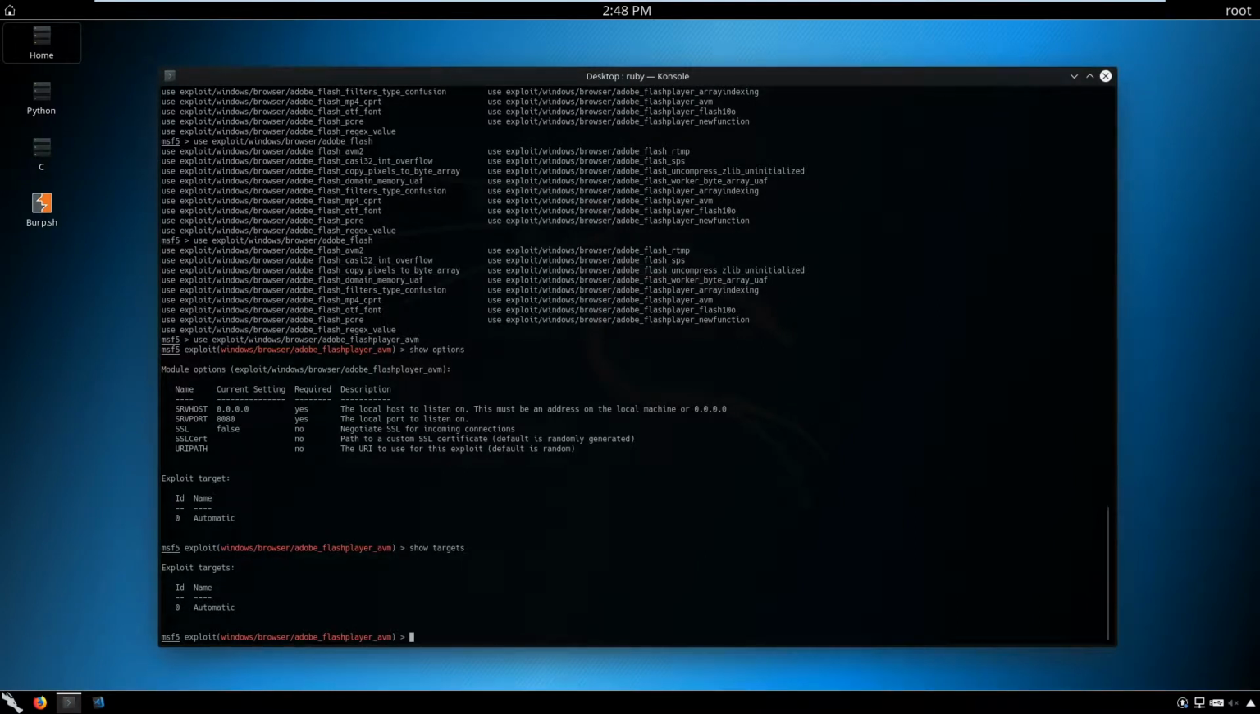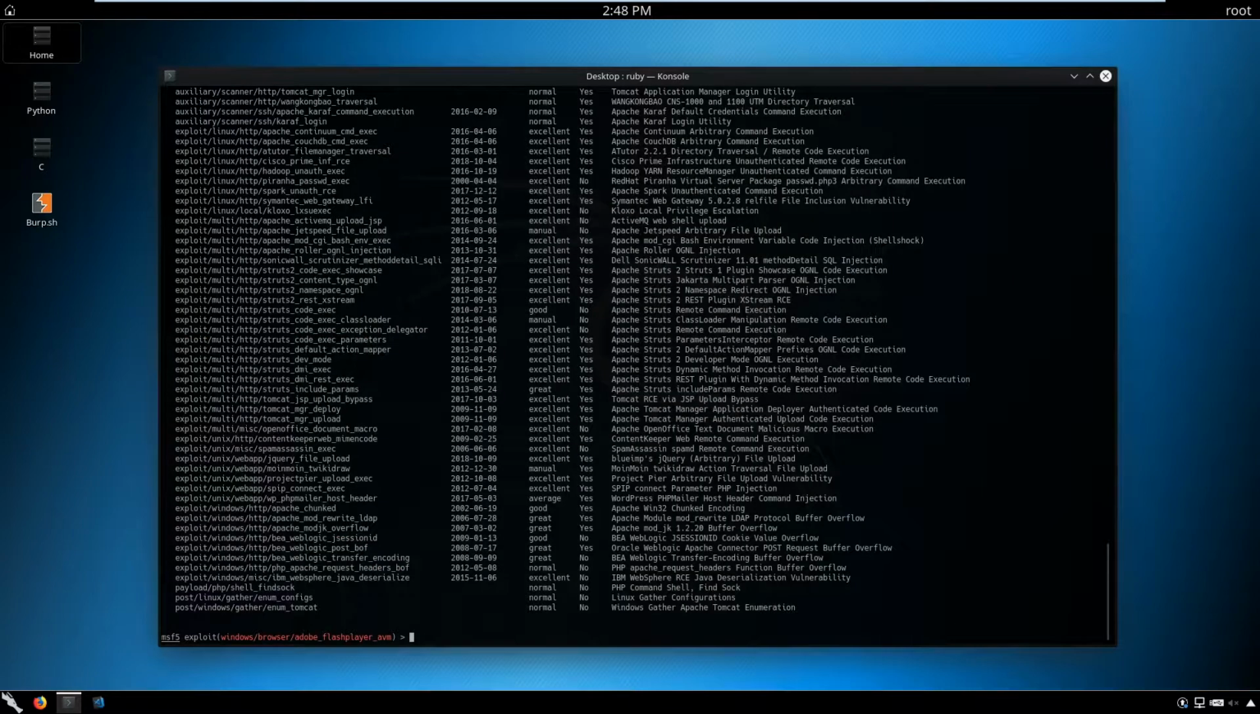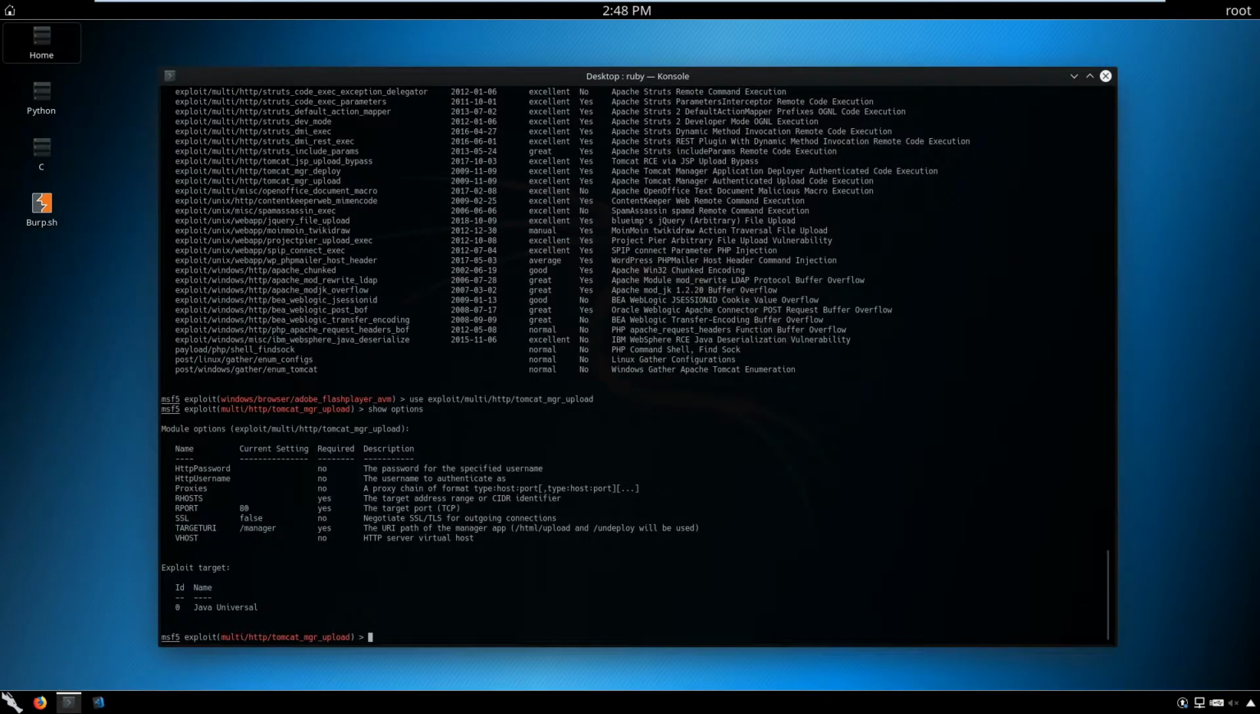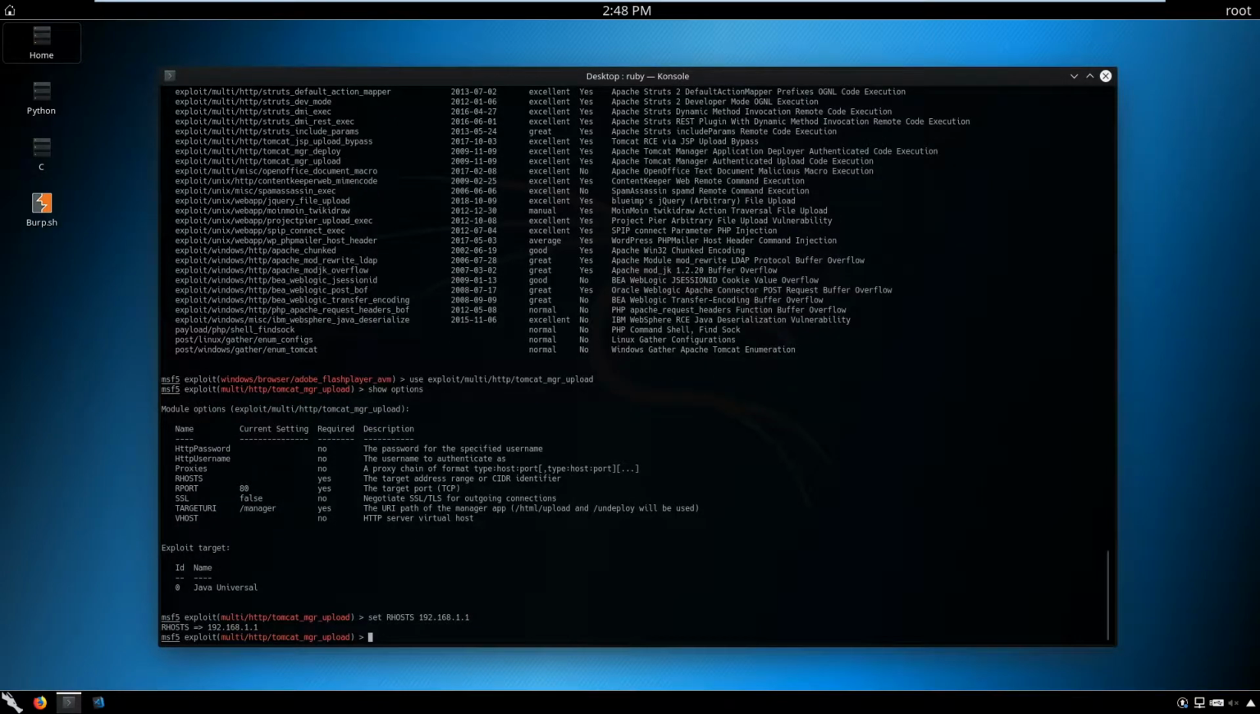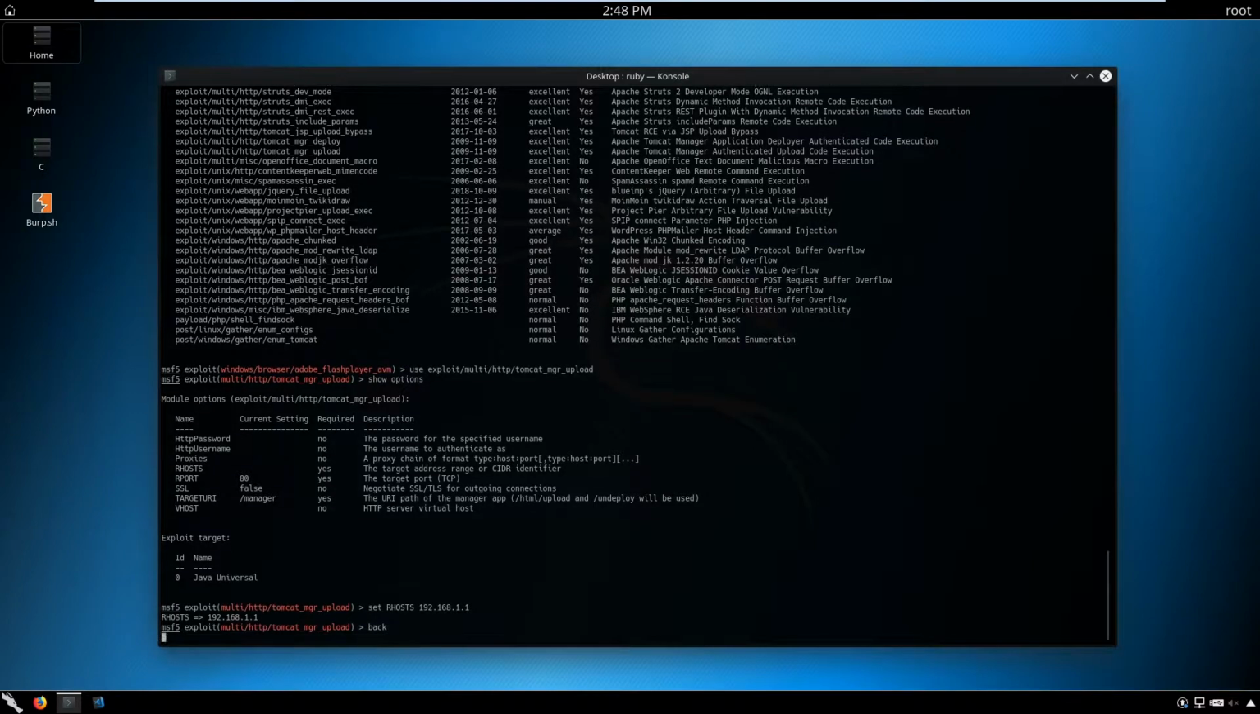So for example, we can search Apache, and that's how it's done, like search Apache exploits. And therefore, for example, you see and enumerate that the Apache Tomcat was actually vulnerable to that exploit. So copy that, Ctrl-Shift-C, use, Ctrl-Shift-V, show options. And we can now specify all the parameters using set. For example, set host 192.168.1.1. With set we can specify, and with back we go back, as you can see,